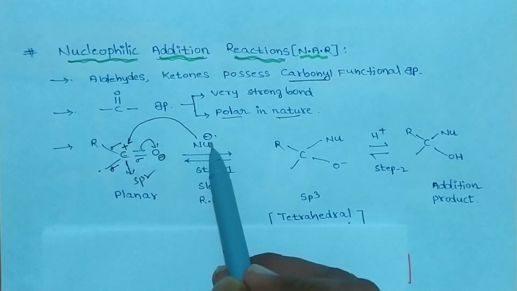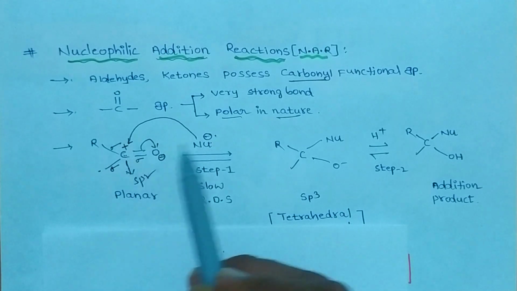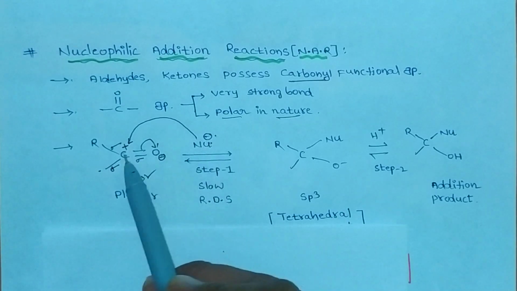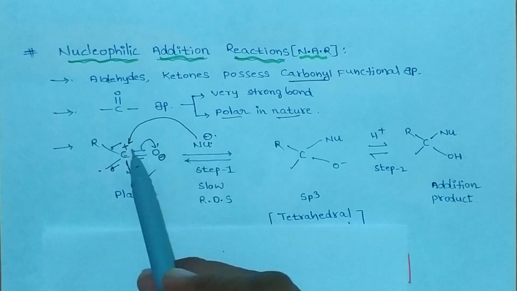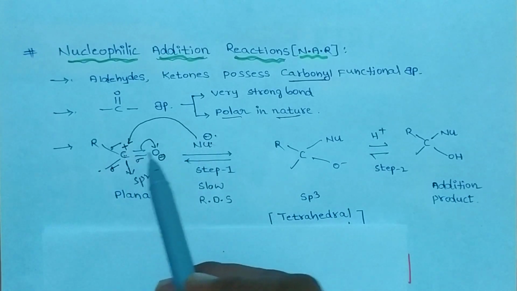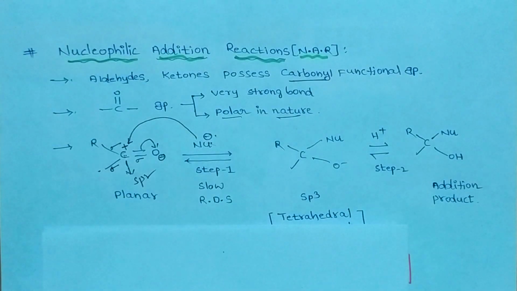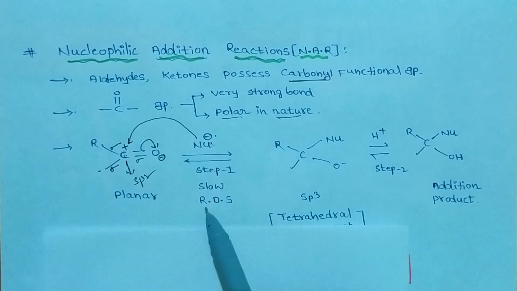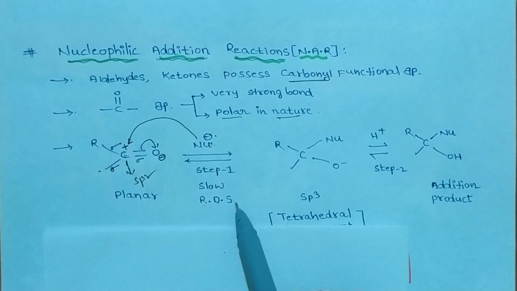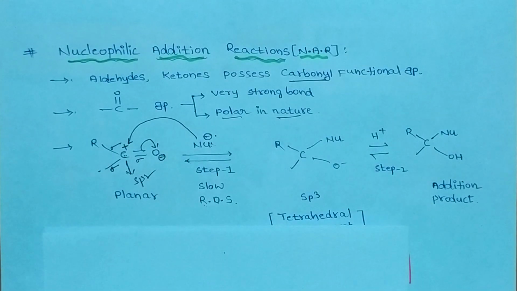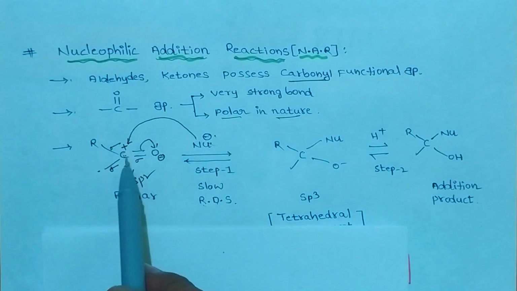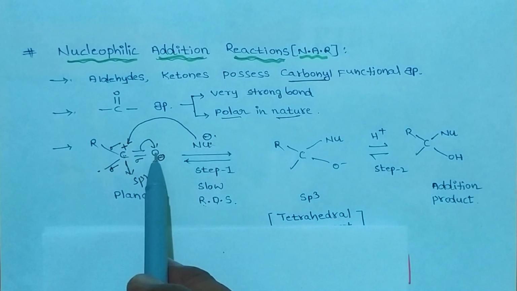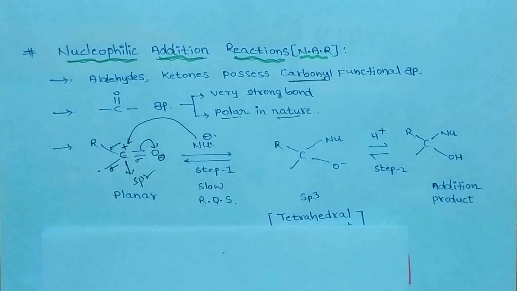This is electron deficient, this is electron rich, so the reaction happens between a rich species and a deficient species. The nucleophile attacks over here, so it is called a nucleophilic addition reaction. This step is called the slow step. All slow step reactions are called the rate determining step. Why is it a slow step? There is a bond breakage between carbon and oxygen. That is a strong bond, and breaking this bond takes time. Therefore it is a slow reaction.